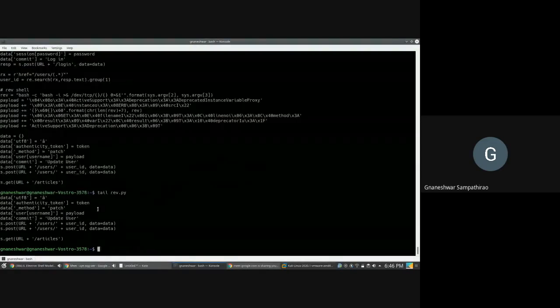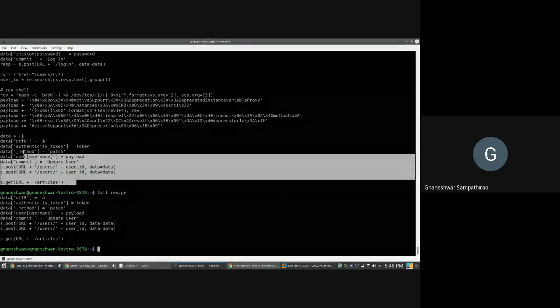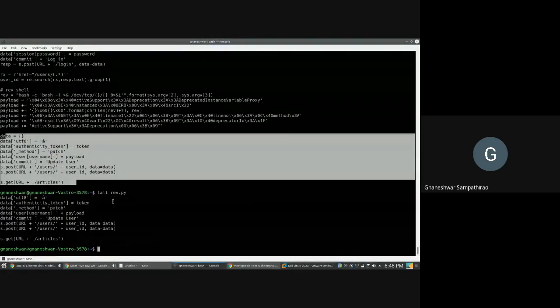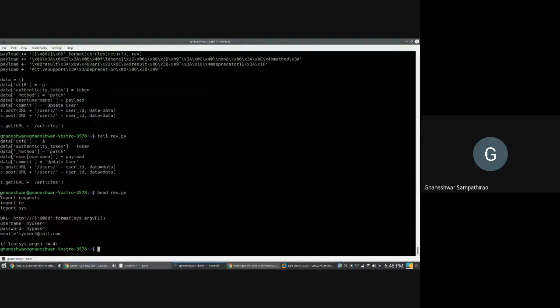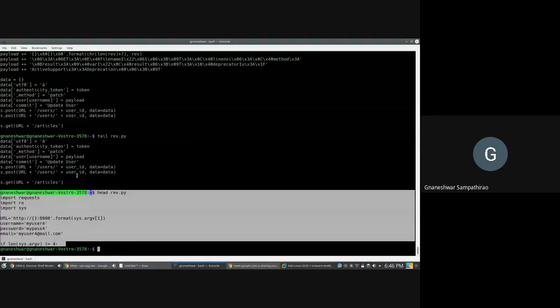So using this particular command called tail, you will be able to see only the last few lines of this particular file. And similarly, there is another command called head. Using this, you can see the top 10 lines. This is about the basic commands.